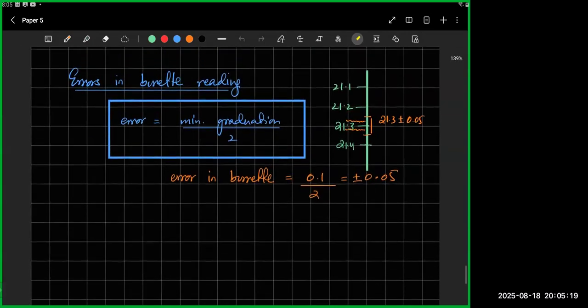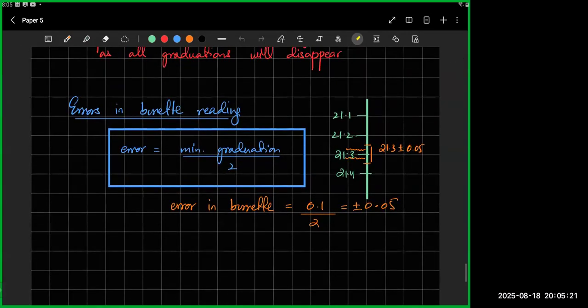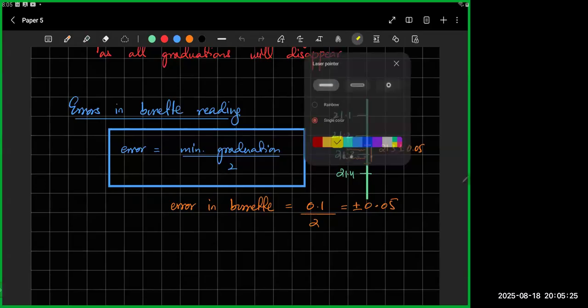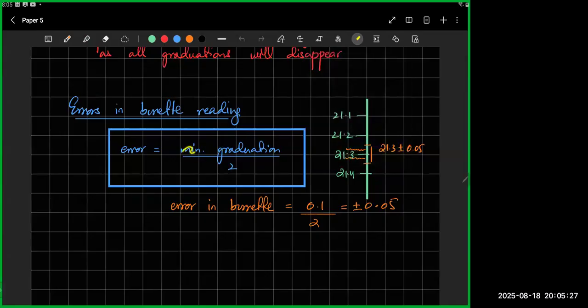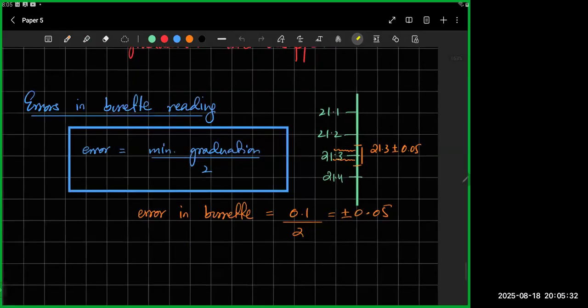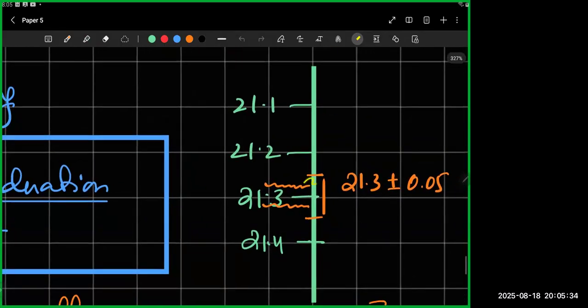अच्छा, then we came to the errors. तो errors in a burette reading. तो error always, ठीक है, हमने कहा था कि it is the minimum graduation of any device divided by 2. उसकी reason ये कि 21.3 जो है, this 21.3, anything that's 21.3, that's actually half a graduation, any value that's half a graduation above and below, ठीक है,